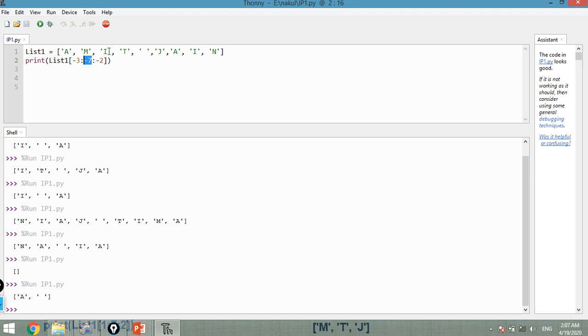So just before the end element, I will stop. My code will accept the value just before the end index. So it will run up to the T and select the value A and space because of the jump of -2.